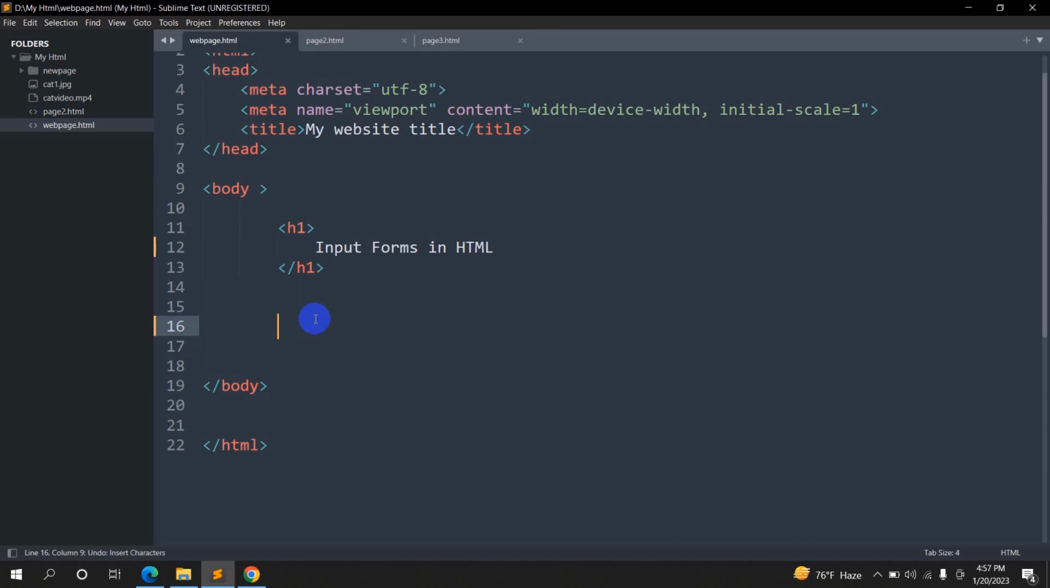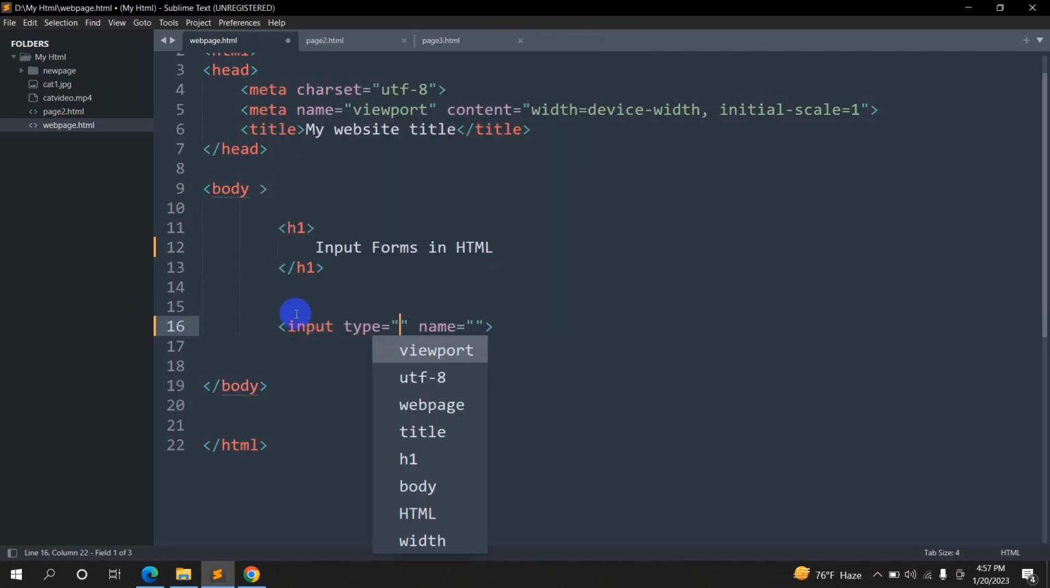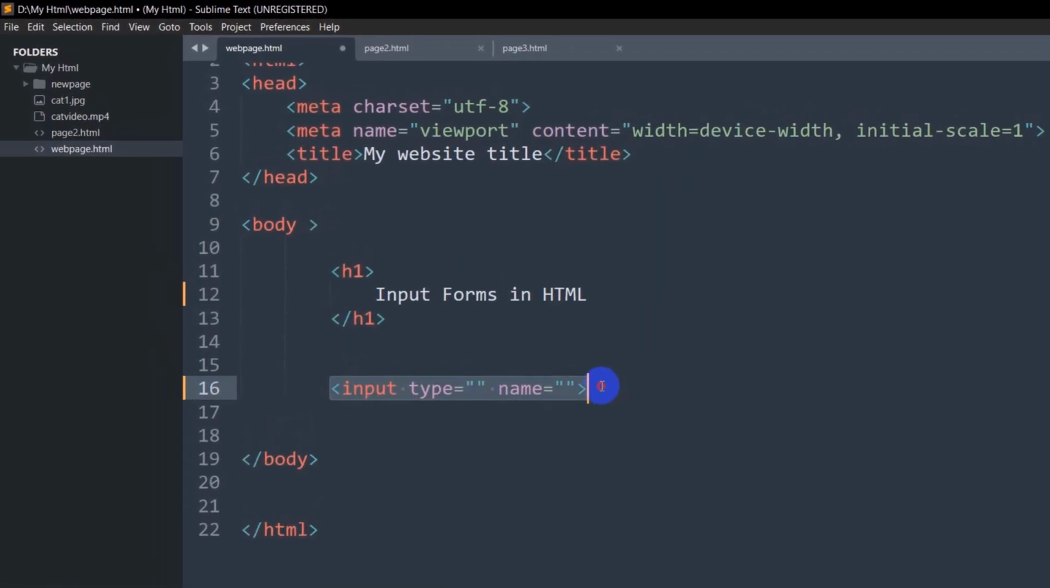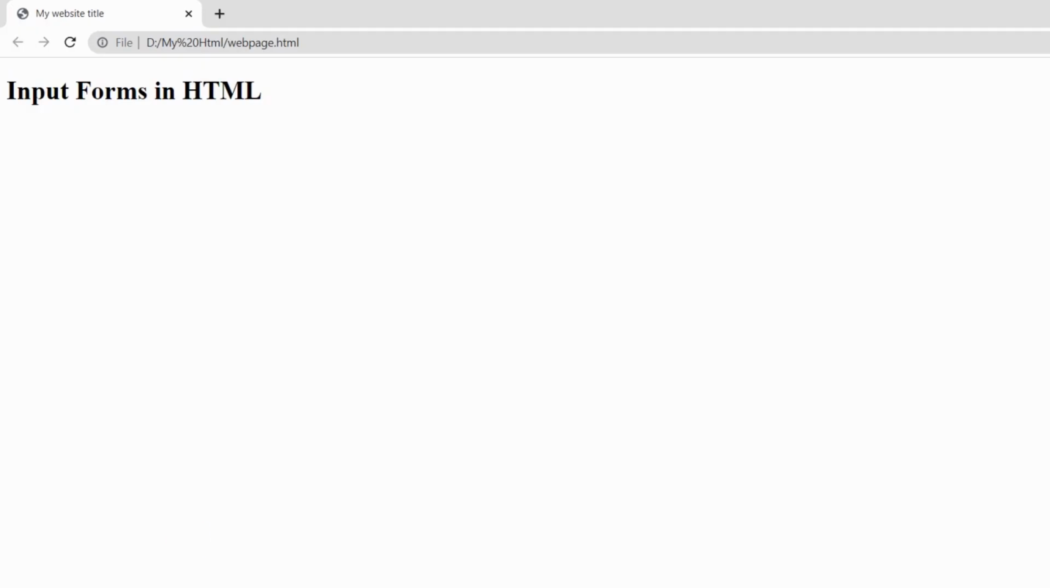For making those input fields, we have a tag called input, which is this one. We will use this same thing for a lot of different kinds of input fields. The only different thing will be the type and the name. For example, here let's say input type equal to text, and if we save it and refresh our browser, you can see we have an input field,